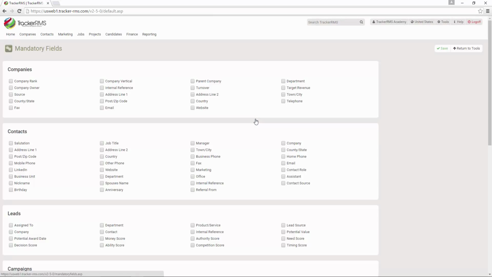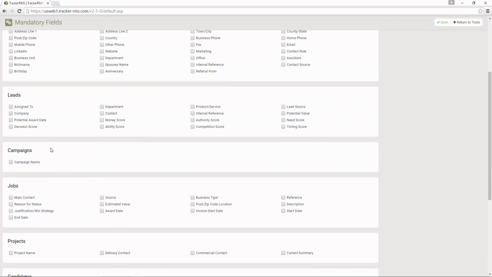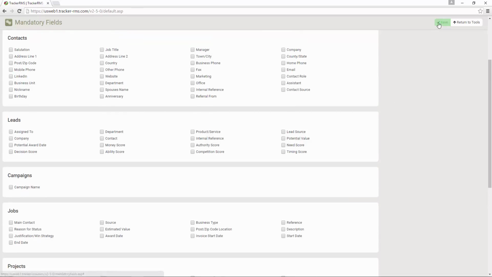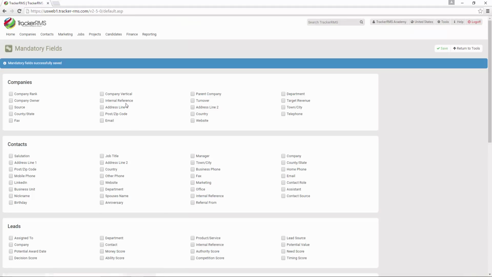In the mandatory fields section, you can go in and click on any of the fields on the system for company, contact, leads, campaigns, jobs, and candidates to make them mandatory, so that a record will not be able to be saved or created unless these fields are entered. For instance, in a candidate record, let's say we want to force the mobile phone, and also force email and candidate owner to be updated, as well as the source, or the where did you hear. If I select those and hit save, what will happen is if